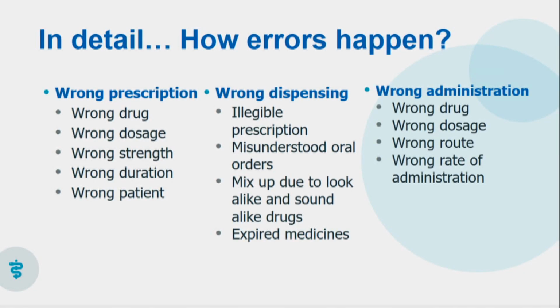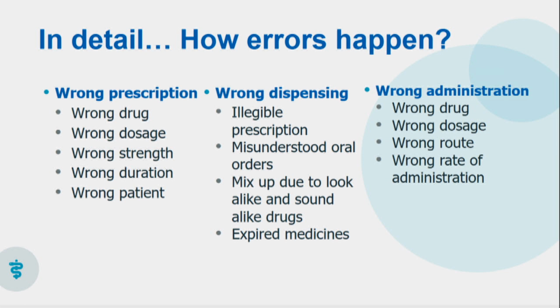So in detail, when we see how these errors can happen, there can be a wrong prescription, a totally wrong drug, lack of concentration, and a wrong drug is written. A wrong dosage. So for example, we have epafenac in 0.1 concentration and 0.3 concentration, the former three times a day and the latter once a day. There could be an interchange. There could be a change in the dosage of 0.3 given 3 times. Wrong strength written, especially of the anti-glaucoma medications. A wrong duration, or duration not mentioned at all, like steroid drops, the patient continues putting it for a long time, or the prescription is handed over to a wrong patient without establishing identity.